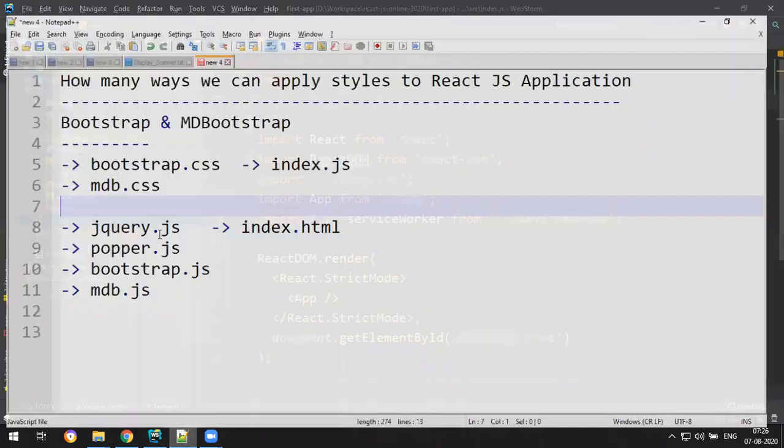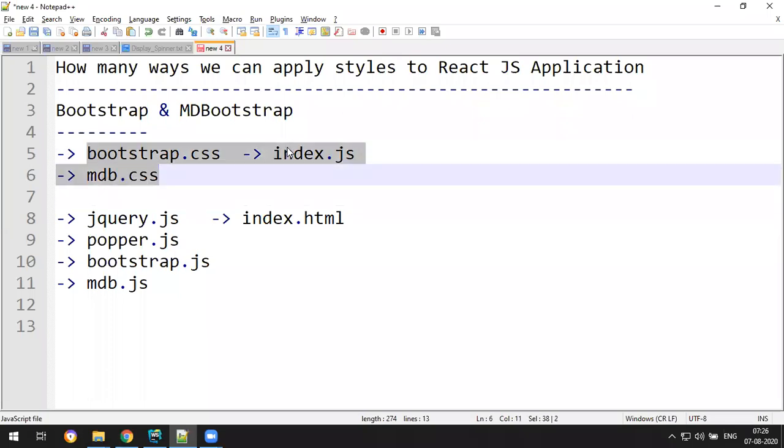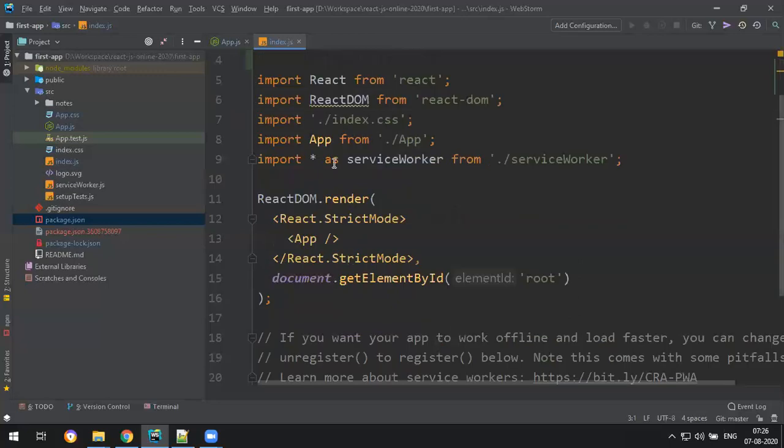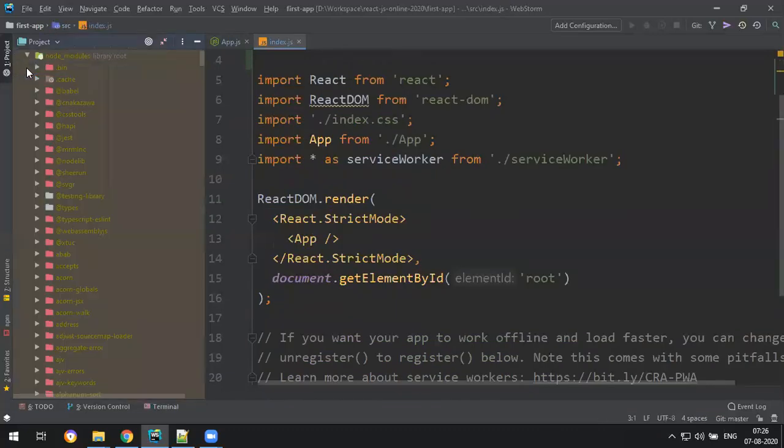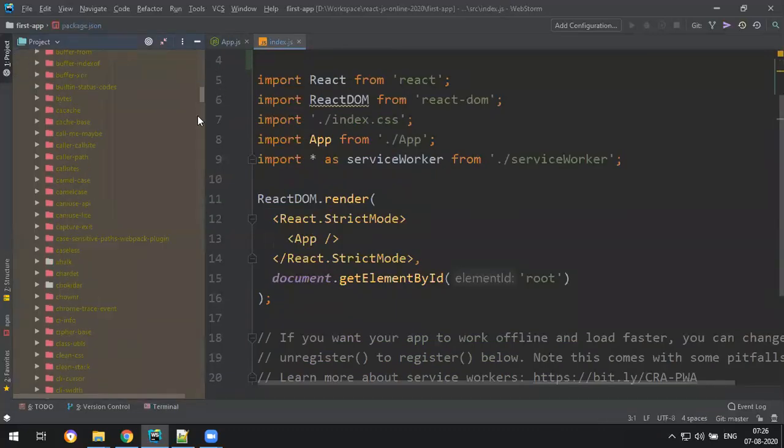As I said, the CSS files will be in index.js, and you can also check where exactly the package installed MD Bootstrap. You can go to the node_modules folder. There are huge packages in there.